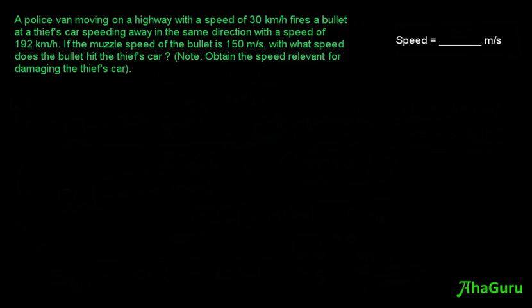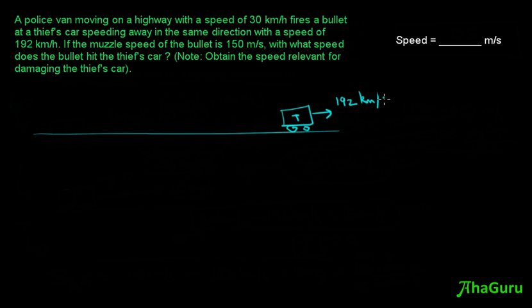A police van moving on a highway with a speed of 30 kilometers per hour fires a bullet at a thief's car speeding away in the same direction with a speed of 192 kilometers per hour. So let us draw this. Let us say this is the road and here is the thief's car and it is speeding away at 192